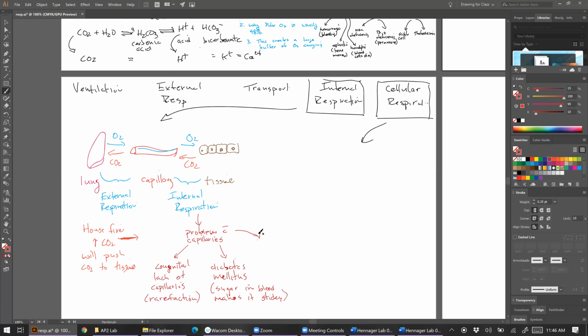And then the last one is going to be sickle cell. So what happens in sickle cell? Sickled cells block capillaries. So capillary,